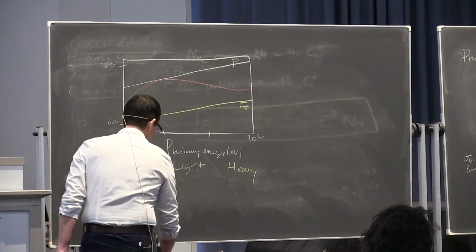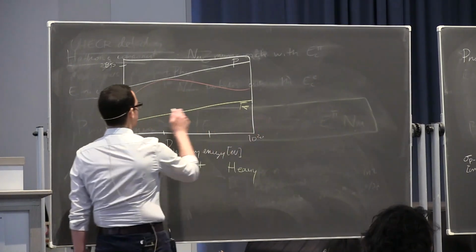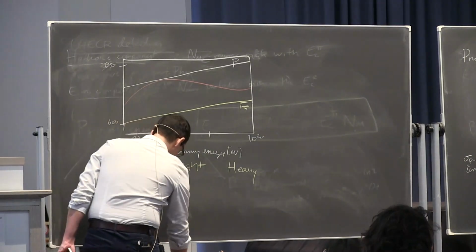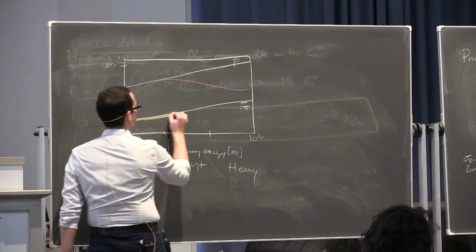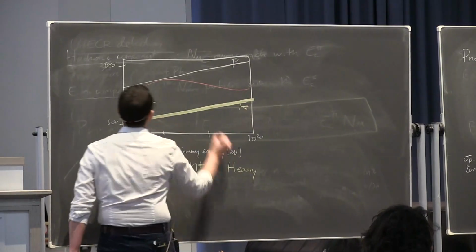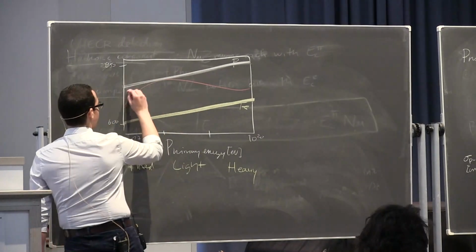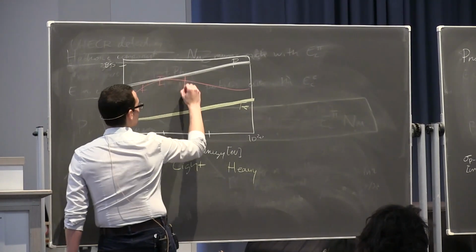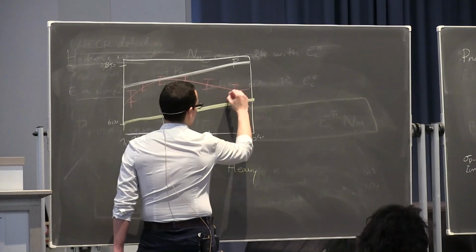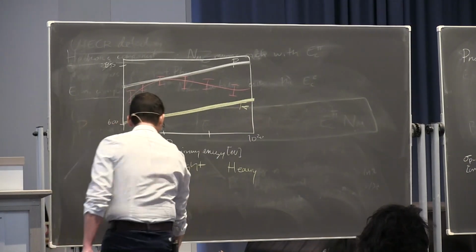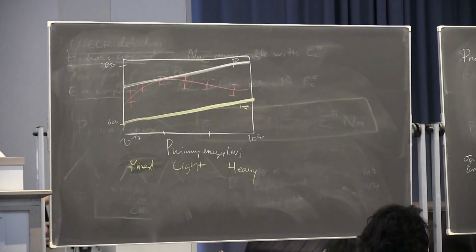These predictions are very uncertain. As I said, there is uncertainty in the interaction models, so these lines are really not lines, they're bands. And this line in red that I drew is just connecting dots with pretty huge error bars. So this claim of evolution from mixed to light to heavy is also an uncertain claim. But it is becoming more and more apparent that that might actually be the case. So just to show you how it looks in reality,